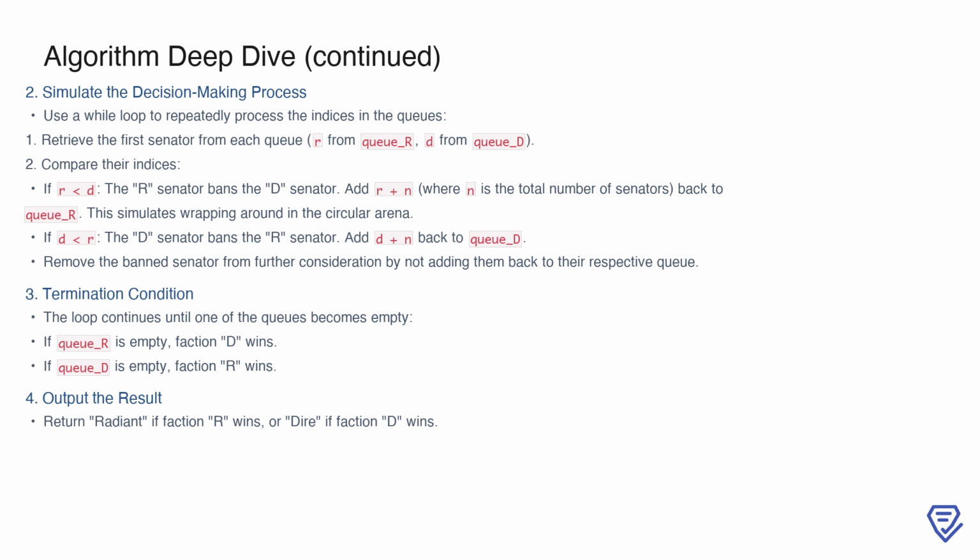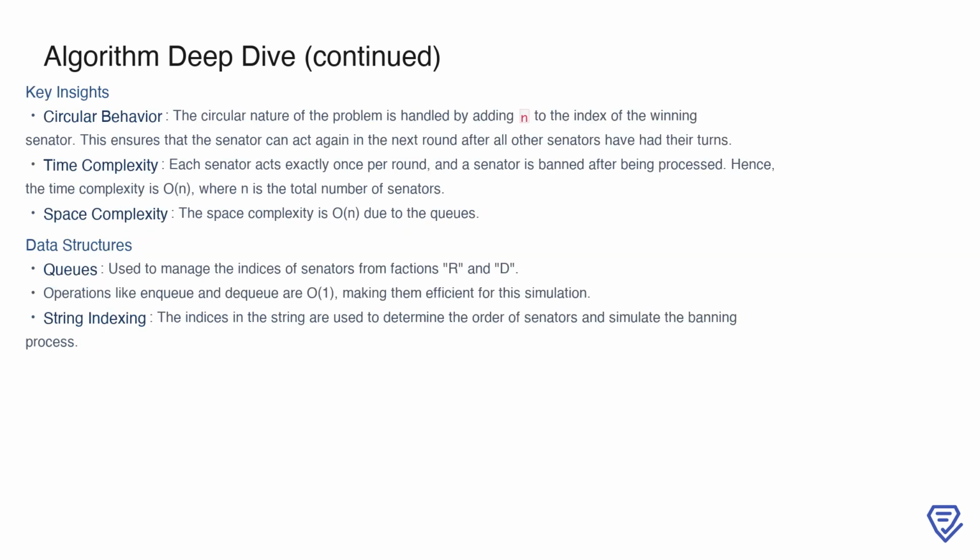Conversely, if q_d is empty, the radiant faction wins. The final result is either radiant or dire, depending on which faction prevails. The circular nature of the problem is elegantly managed by adding the total number of senators, n, to the index of the winning senator. This ensures that their turn is effectively deferred to the next round, maintaining the circular order